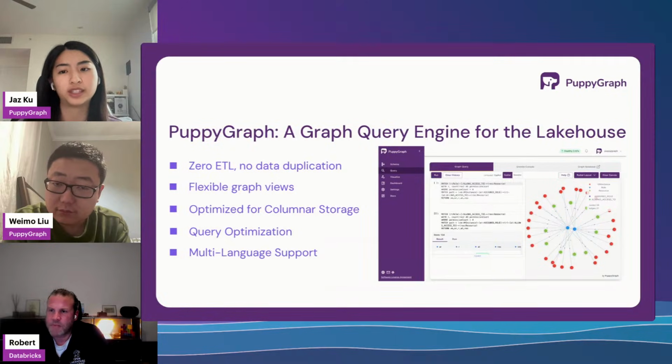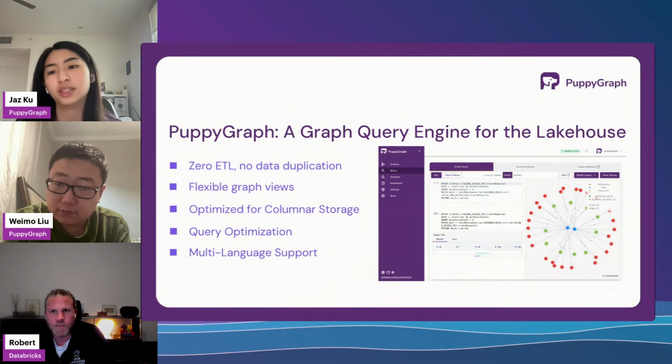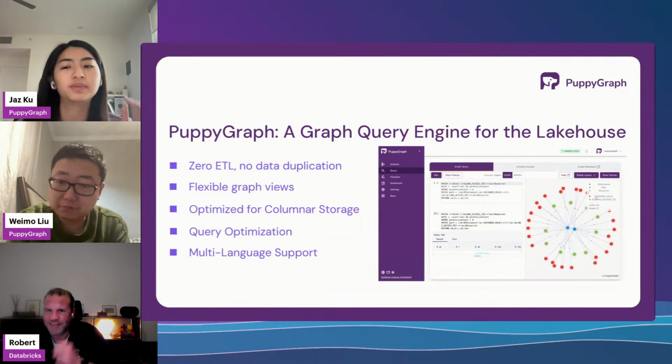And then we also offer flexible graph views because you're really just defining a schema.json so we understand how you want your tables mapped to nodes and edges. So if you're like, okay, at the start, this table is better off as a node, you can do that. And then later on, you say maybe it's better off as an edge. Sure, you just have to edit that one file.